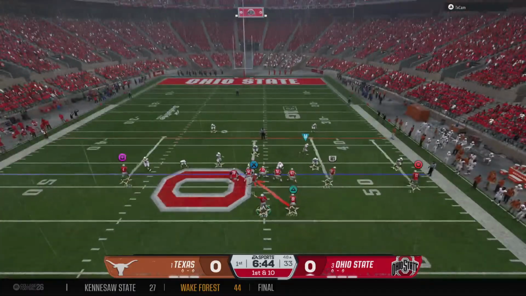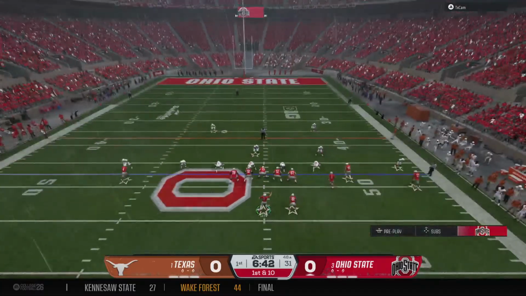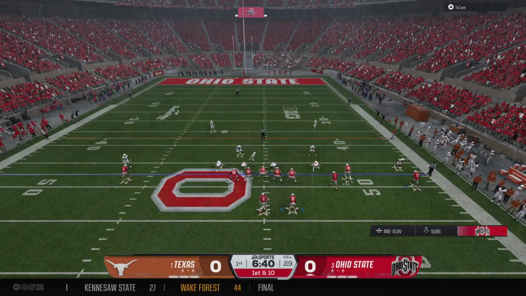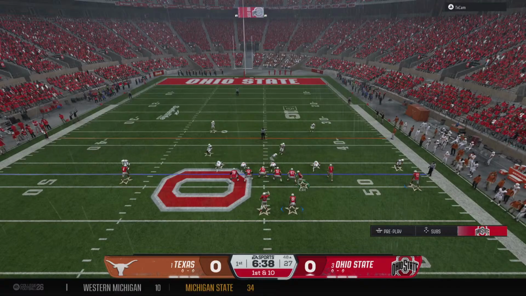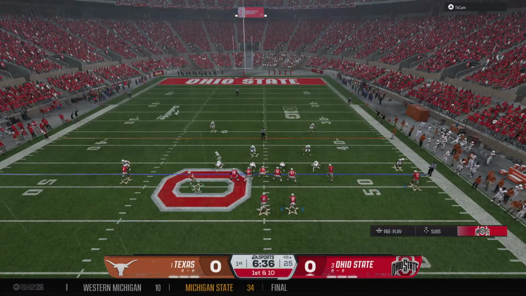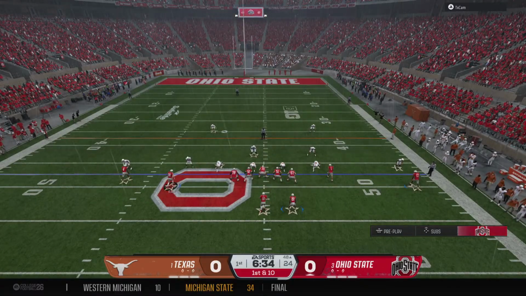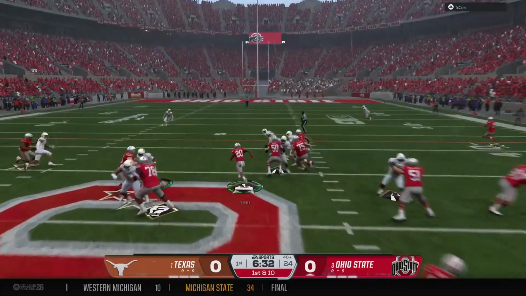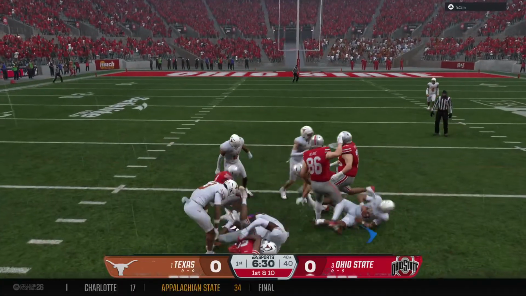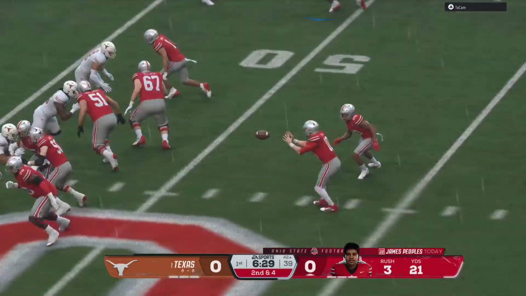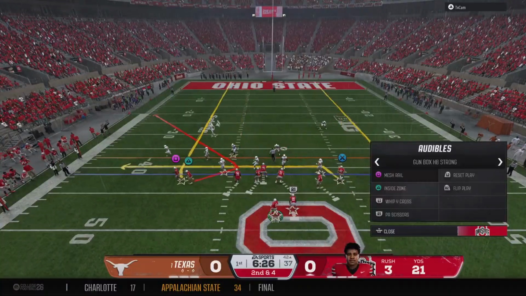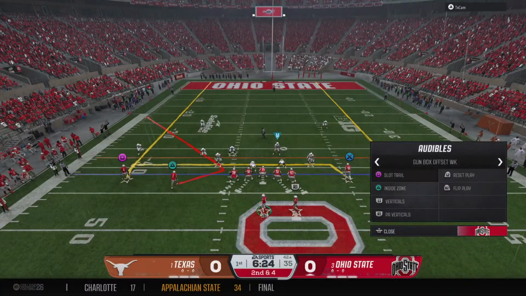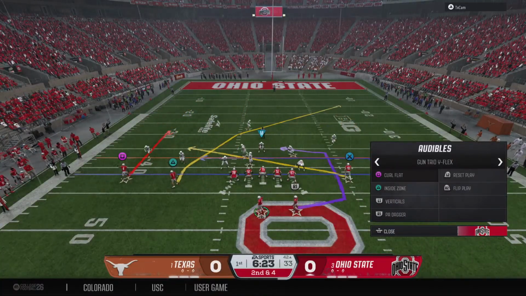The Buckeyes hustle to the line to run the hurry up. The offense with some pre-snap eye candy. Out of the shotgun, he hands it off. They stop him after a 6-yard gain, so second and 4. Offense right to the line, cranking up the tempo.